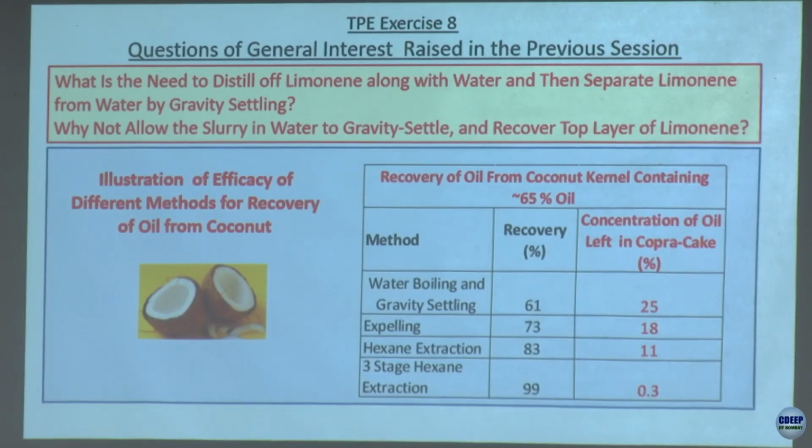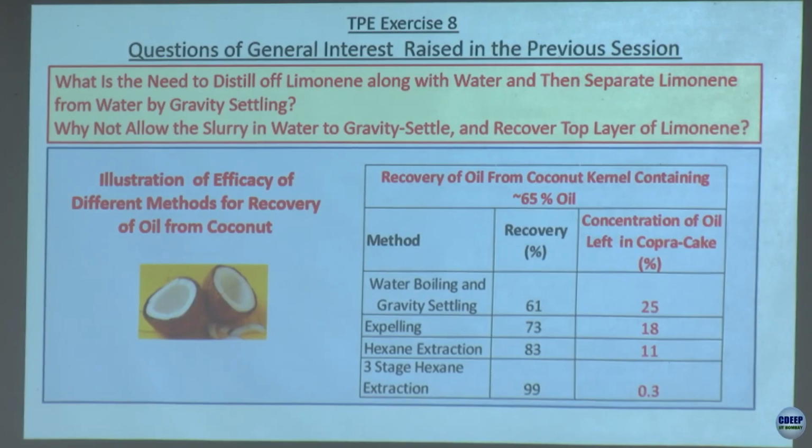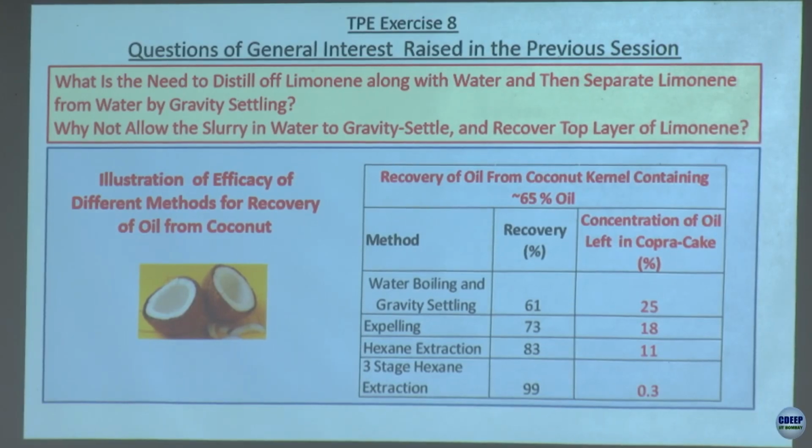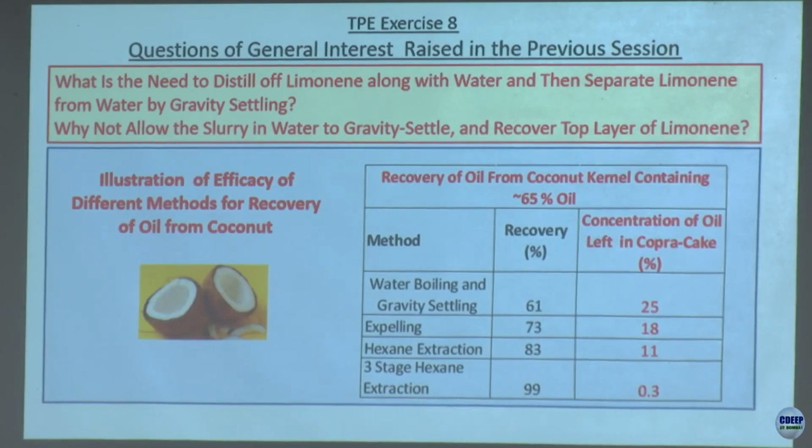Okay, so these 2 questions came up, and I think the thought process behind the selection of the method for recovery of the orange oil or the D-limonene must be shared with you. That is why I shared these 2 slides with you. So what we did was,